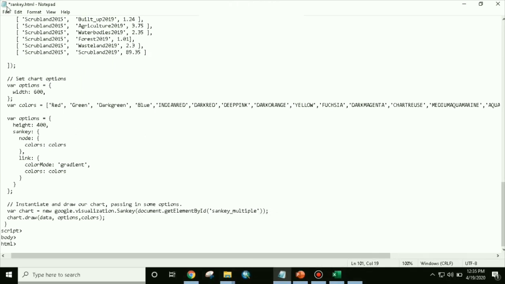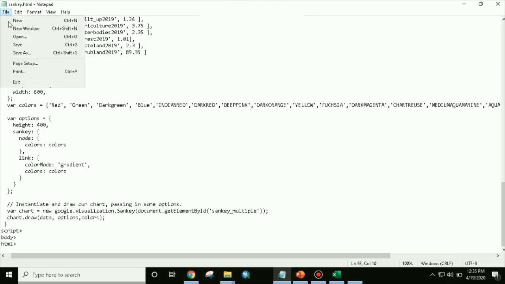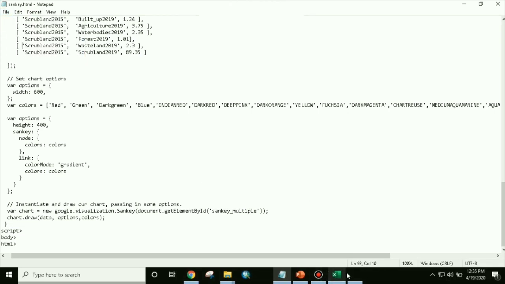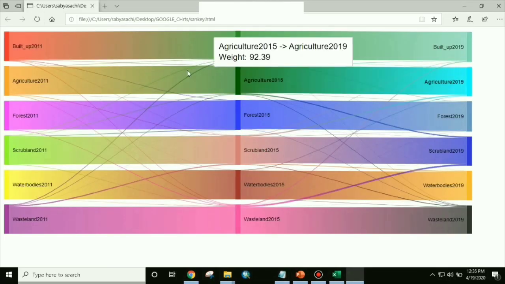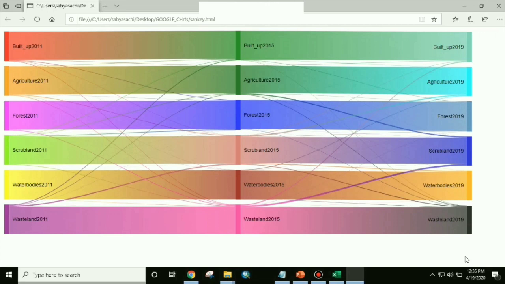So just save it, and we will have a different color for each variable. So as you can see, different color for each variable.